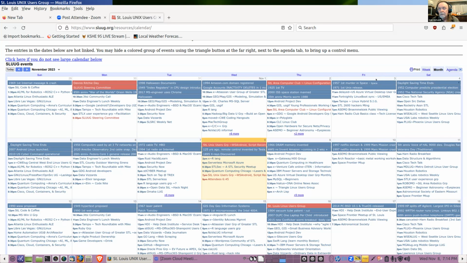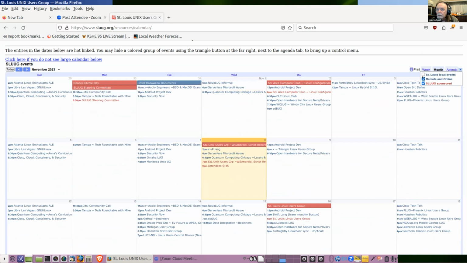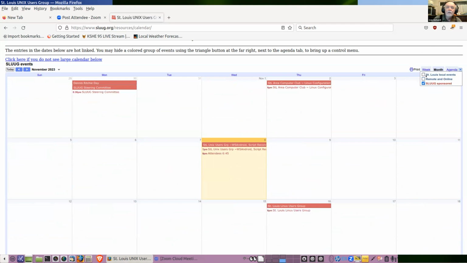Beer and pizza were abound. Also, notice that the red colored things are the sponsored groups. Up here at the top corner where it says agenda, little triangle there, if you click on that, you can turn off all the other stuff and just see this slug stuff, all the red stuff.